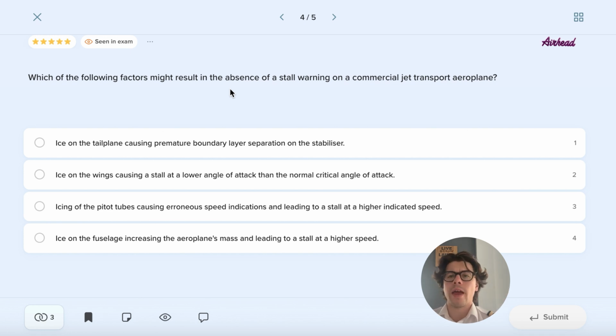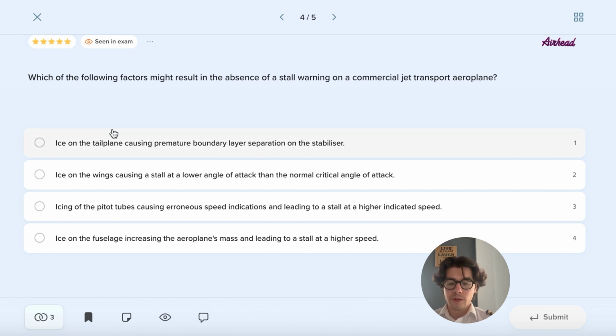And our aircraft has an angle of attack sensor that is tuned to a specific angle of attack, which essentially means that as the aircraft crosses the critical angle of attack or comes close to it, the stall warning will sound. However, when we have ice on the wings, then our critical angle of attack drops dramatically, meaning the sensors will sense the angle of attack increasing. However, it will think that we are still in the green. So for this answer, the correct answer for this question,